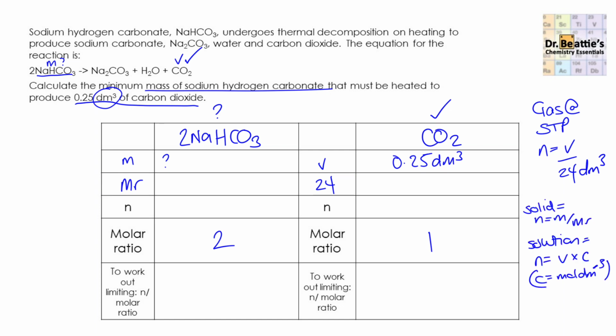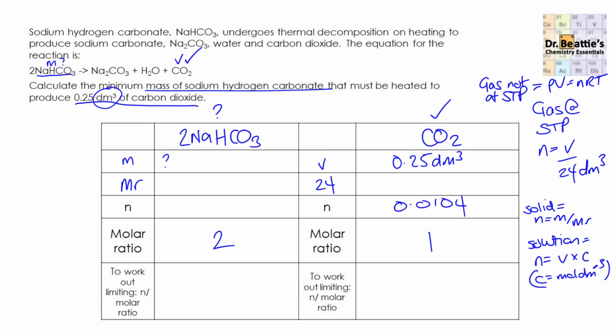Obviously, at this point, it's also worth noting that if your gas is not at standard temperature and pressure, then you're using the ideal gas equation, PV equals nRT. So back to this actual calculation. We've got 0.25 decimeter cubed. We're going to divide this by 24, as per the equation at standard temperature and pressure. And the answer to that is